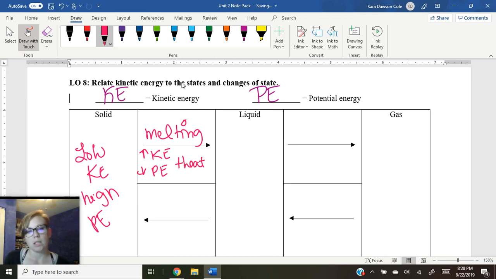Okay? So then we get into this liquid stage, right? So a liquid has a higher kinetic energy when compared to a solid,